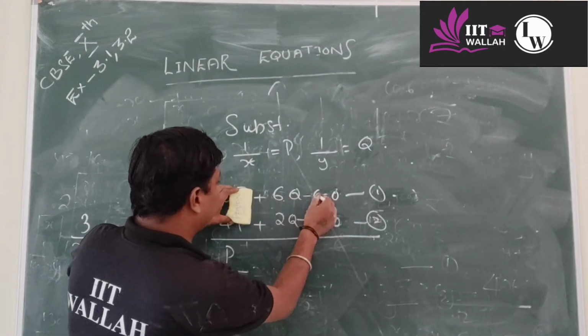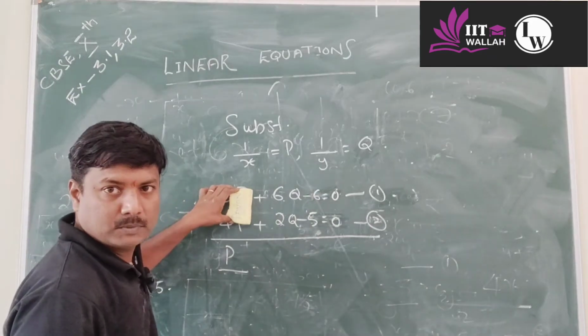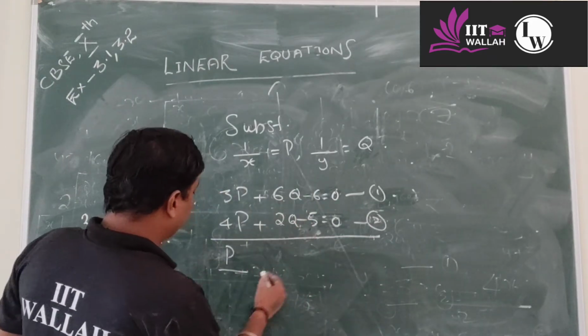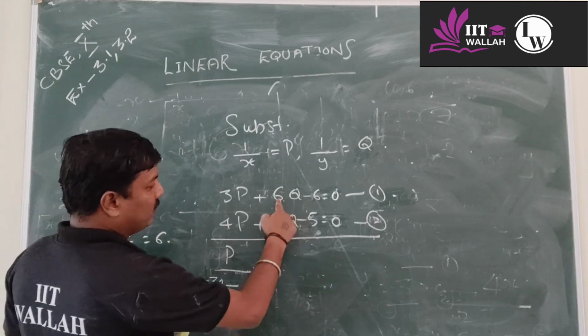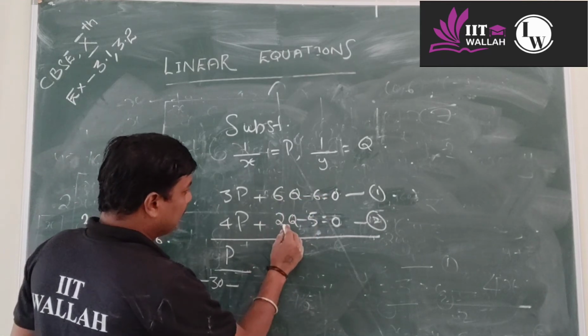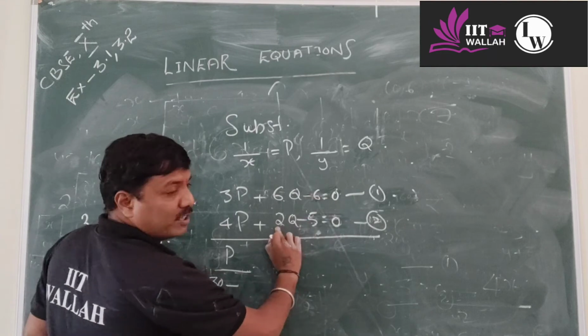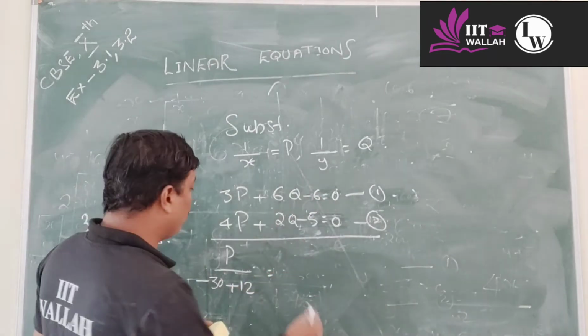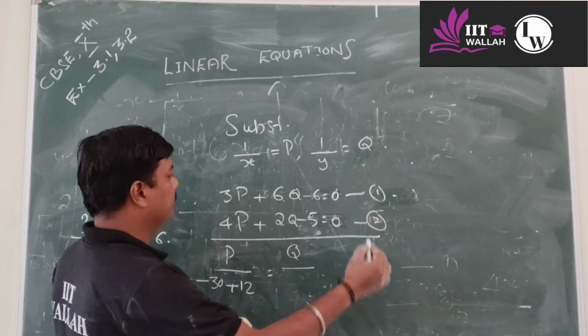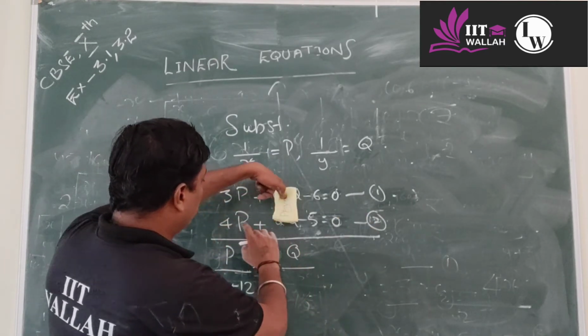This into this minus this into this will come. Okay, 6 into minus 5 is minus 30, minus this into this minus this into this. So minus 12, so plus 12 is equal to, now we want q, you write q upon,